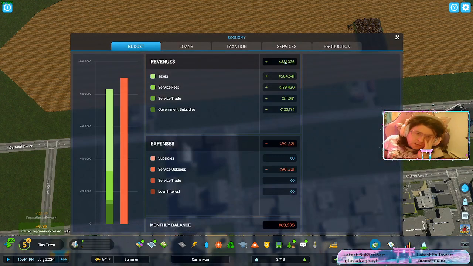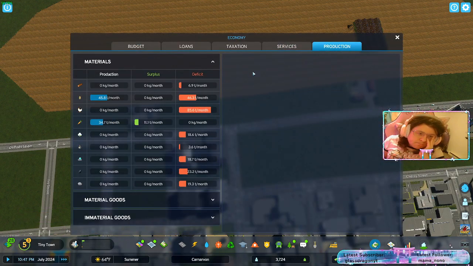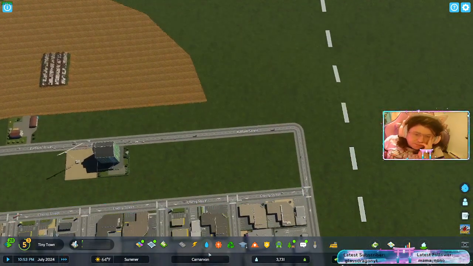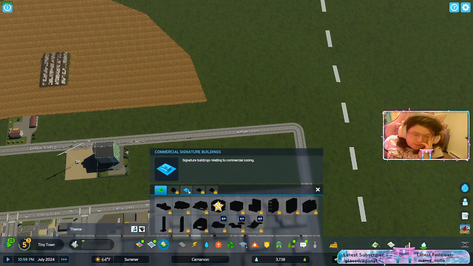Definitely, and then we'll also need to build